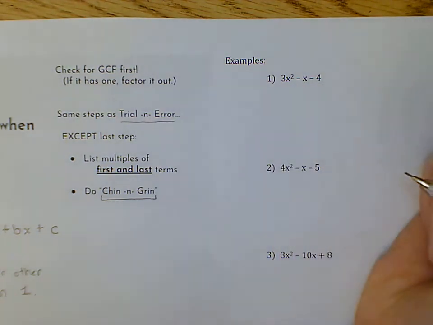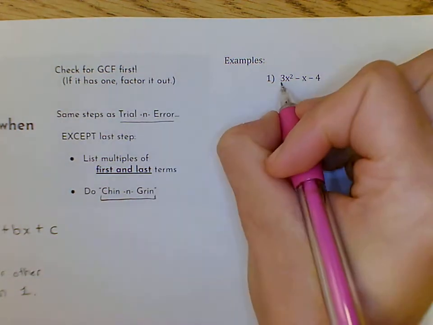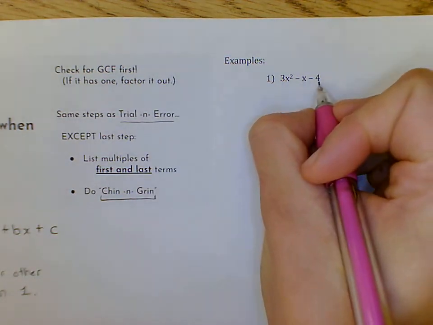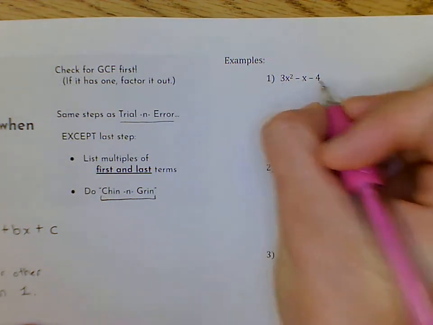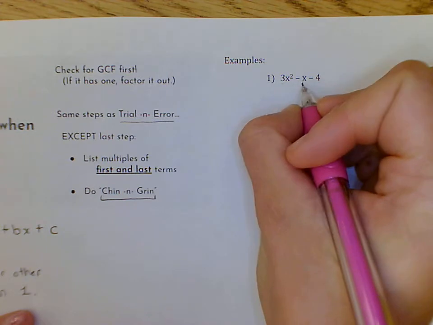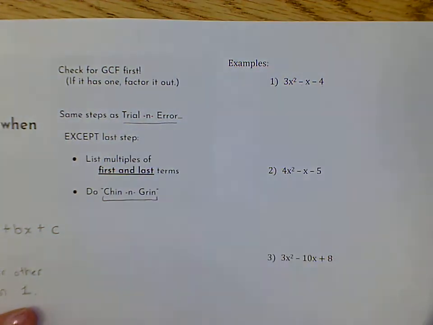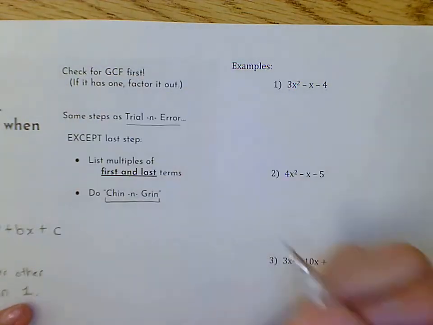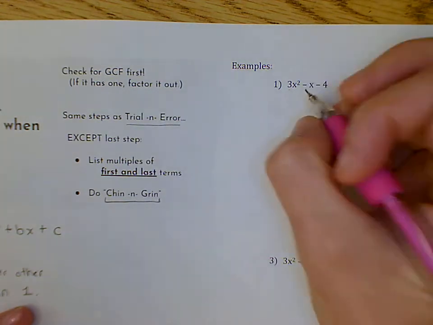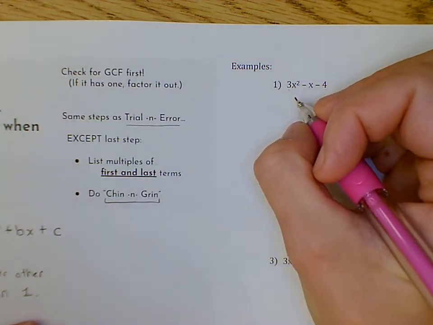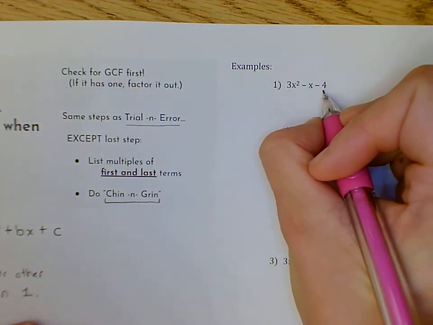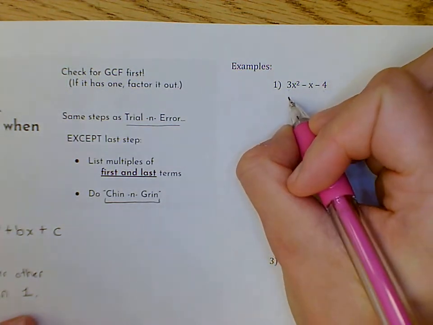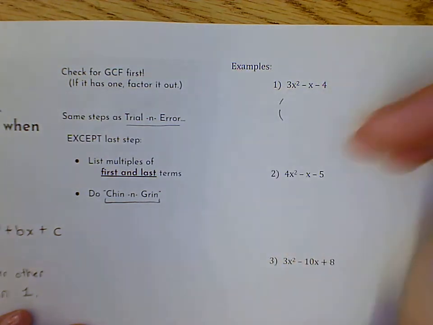All right, so the first thing is, just like you did in the last problems, you're going to start by looking to see what do they have in common. Do they have a GCF? Well, do they have a variable in common? Nope, not all three of them have a variable. Then you look at the numbers. Do they have a number in common? And there's not a number other than 1 that will go into all of them. So you can skip the GCF part for this one. Then you're going to do a lot of the same steps as we did before. So it's a trinomial. This one has a number other than 1 up front, but you still will start